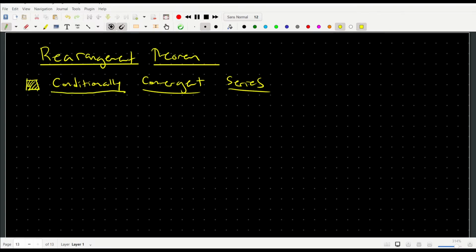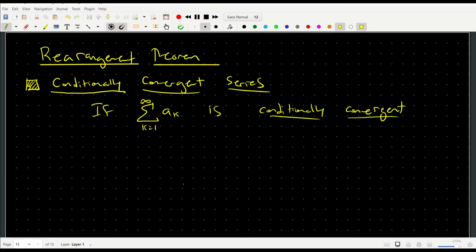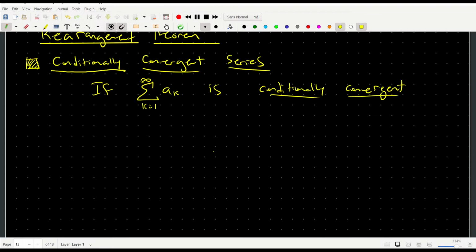The theorem for conditionally convergent series says that if a given series of a_k is conditionally convergent, meaning the sum of the absolute values of the a_k do not converge, then